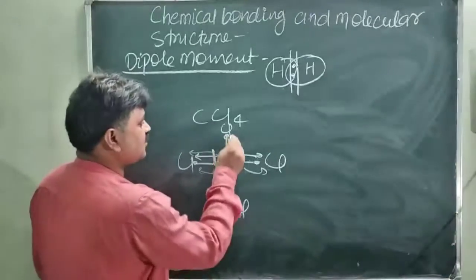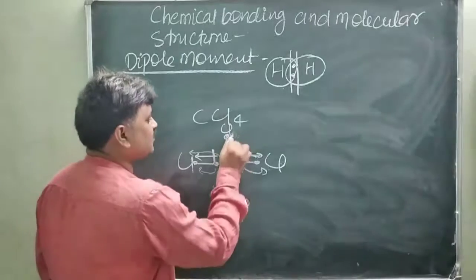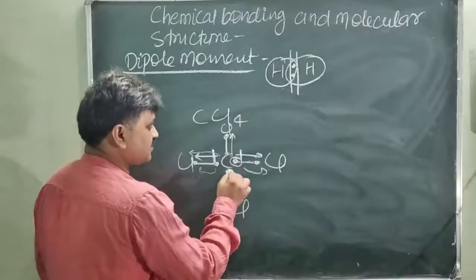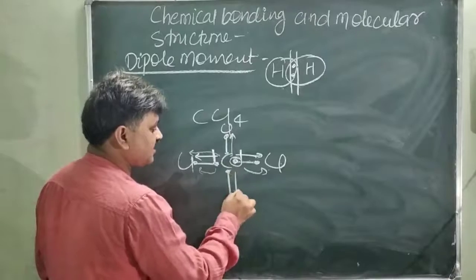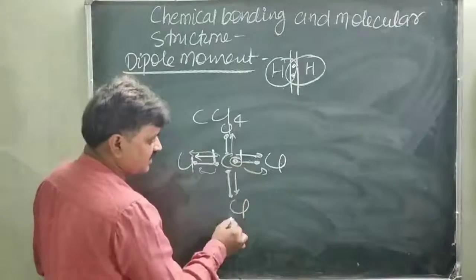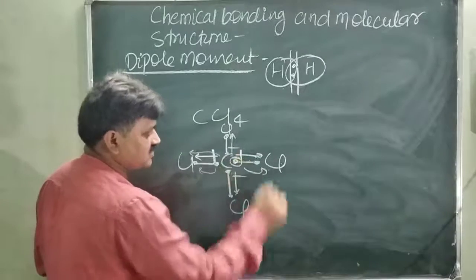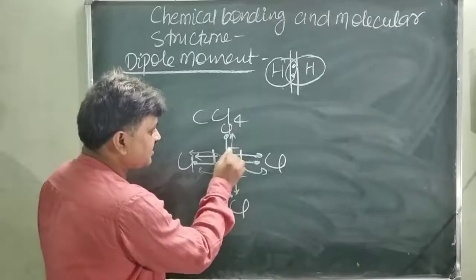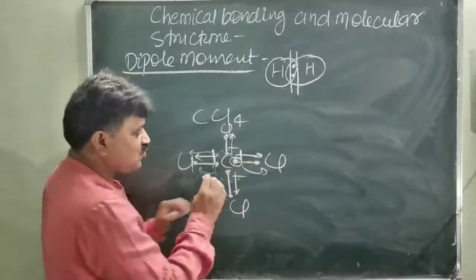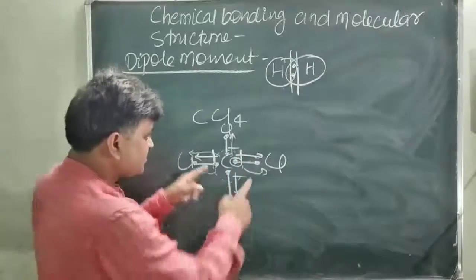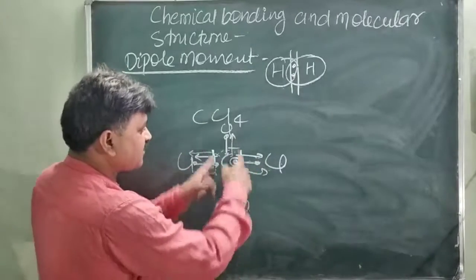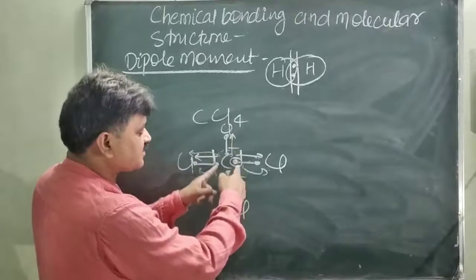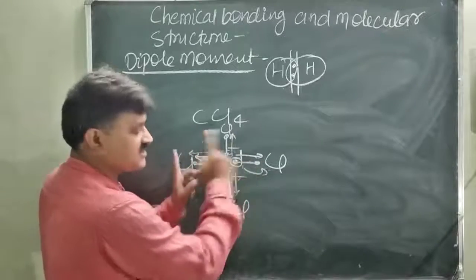Similarly, in this case, the chlorine attracts the electron to this side, but on the opposite side also there is a chlorine, so it also attracts the electron. So both cancel each other. So these 4 electrons are still present at the same place. There is no movement of electron because the same kinds of atoms oppose each other, and the forces of attraction cancel the pulling of electron from each other.